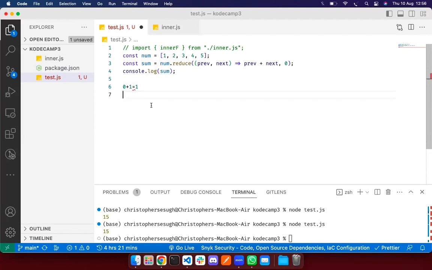Then our previous value now becomes 1. The next value becomes 2. It gives you 3. Then it comes back. Now we have 3, and 3 becomes our previous value. Then it takes the previous value, which is 3, and adds it to the next value, which is 4. 3 plus 4 becomes 7. 7 becomes our previous value, and then our next value becomes